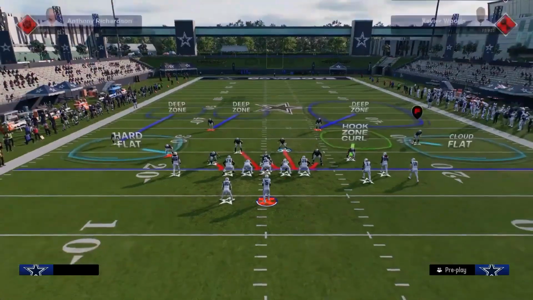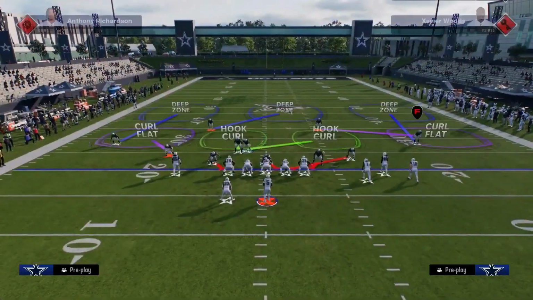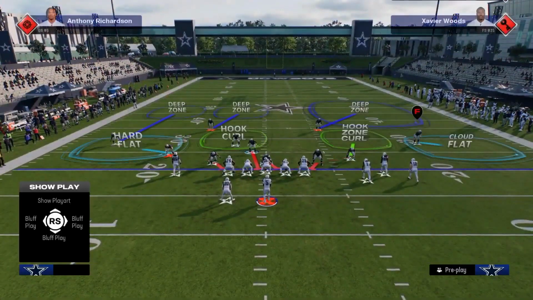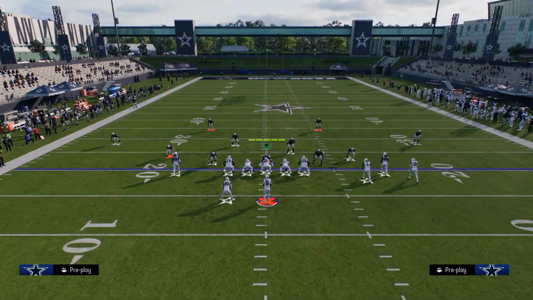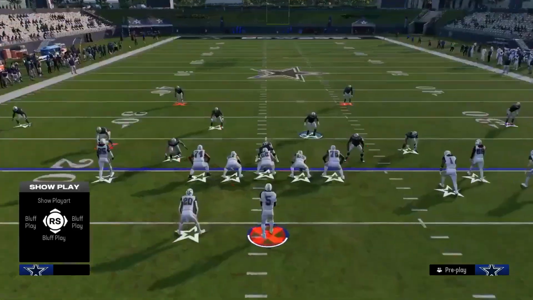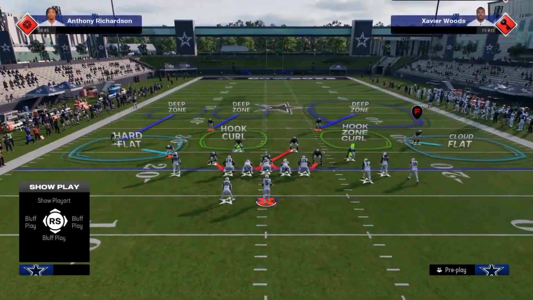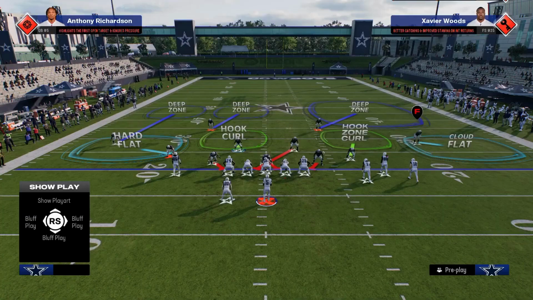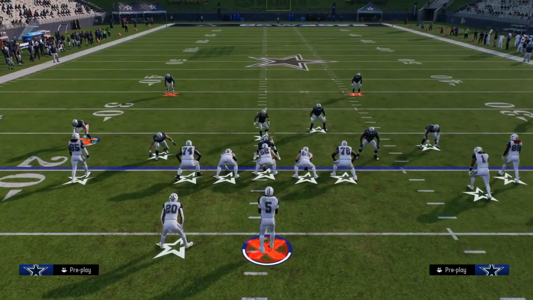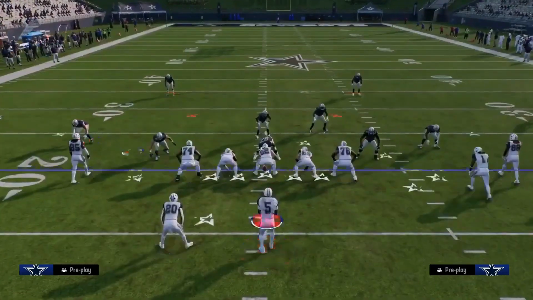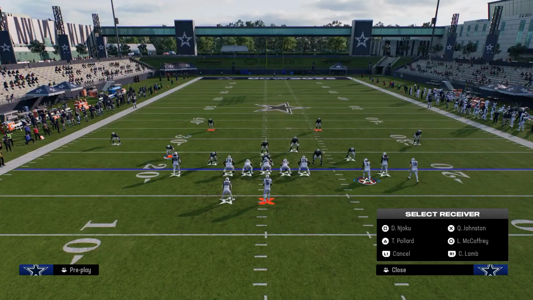So ultimately what you're looking to do is use this left side hook curl. And then you would have your defense set up. So basically this is the idea. And generally most good defenses this year are sending 4. Most good defenses are sending 4. I think this has the most integrity of any coverage that you can have. And the reason why is because these backed off cloud flats do a really good job of defending a corner